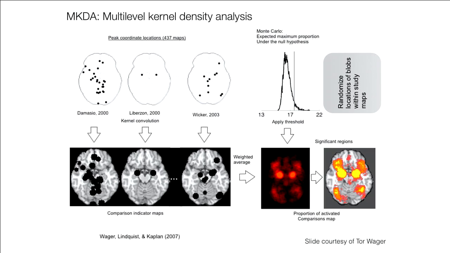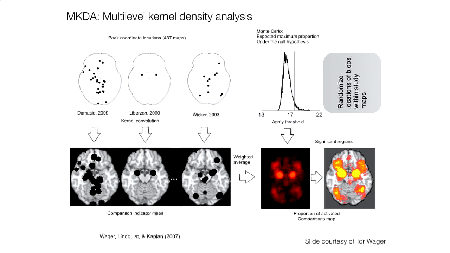So here's one study, here's another, here's a third, and they vary pretty dramatically in how much they might report or what the designs are, et cetera. In the case of MKDA, you're really just convolving each of these points with a hard sphere. So you have essentially a smooth image, and then you can take some weighted average. And like Tom said, the interpretation might be something like, well, 12% of studies in this data set activate the amygdala here, and maybe other regions not so much. And then you can do some permutation-based statistics.